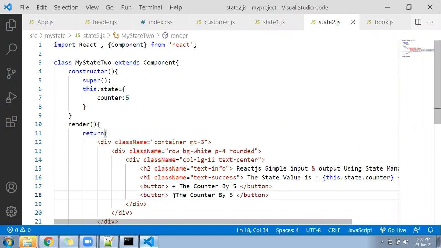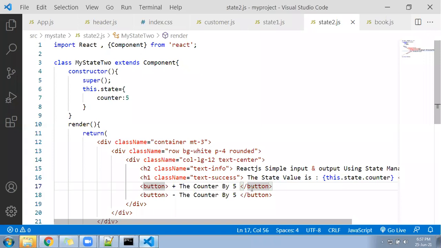That means, once you click on the first button, you are going to update the value of the state. You are going to increase the value of the state by 5 on click of the first button.